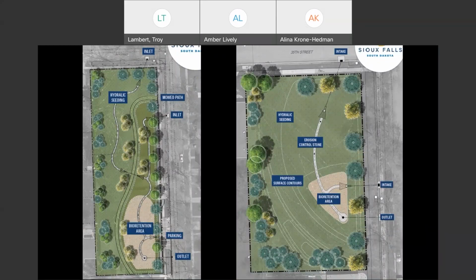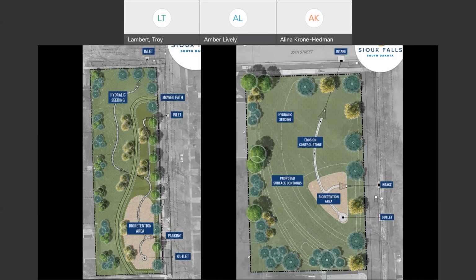And we are just really excited. I think everyone's excited that we're going to have this really beautiful green infrastructure project to aid in stormwater management, but to also bring in native plants, to have this be an educational site for the local school that's nearby, Augustana students. It's just going to be awesome. So we're really excited about that.